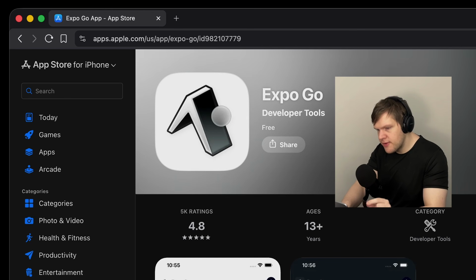Expo provides a way for you to deploy apps to your iPhone without using a MacBook. Basically, they created this app called Expo Go that loads your JavaScript into their app. It has some limitations related to native code, but it's extremely convenient if your app involves all JavaScript and no Swift or Kotlin. Here are the bad parts about React Native.